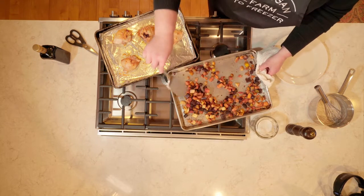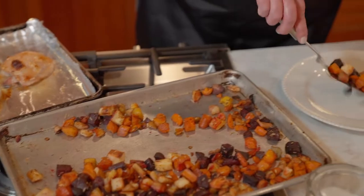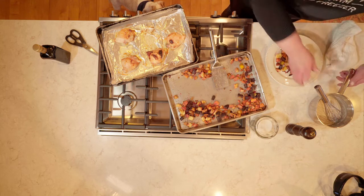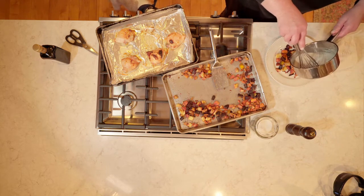Turn these over, mix them up, and then we'll plate it up for dinner. Ooh, that skin is nice and crispy. I can feel it with my spatula. And then we've got our sauce, so we're just gonna kinda